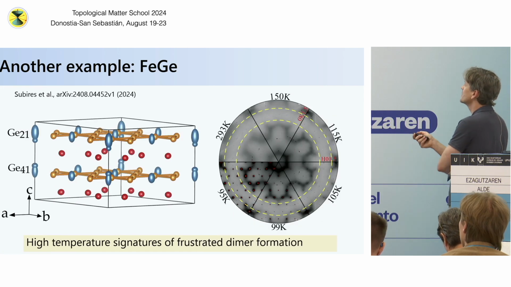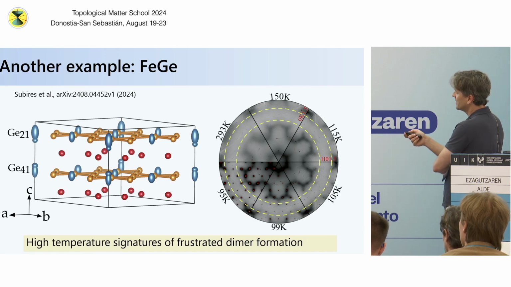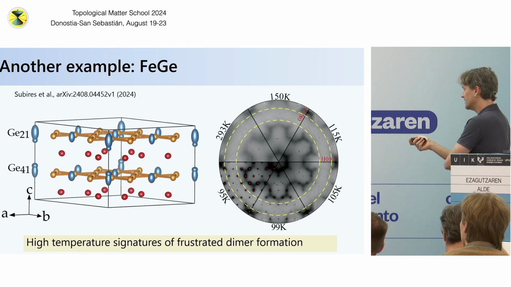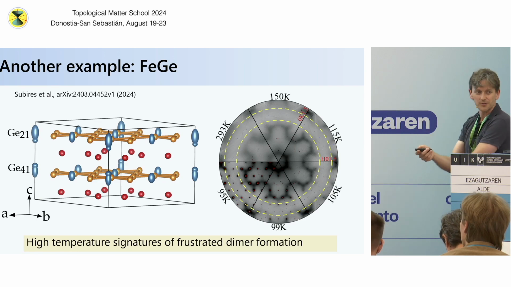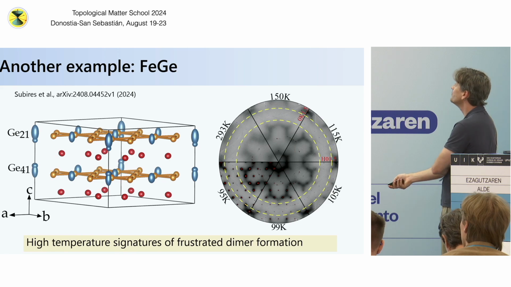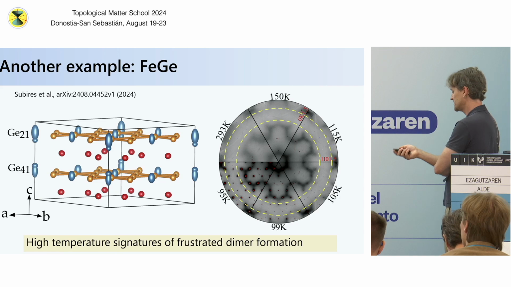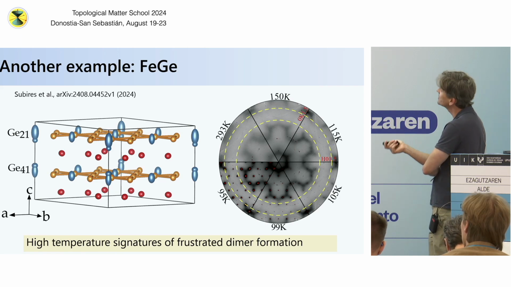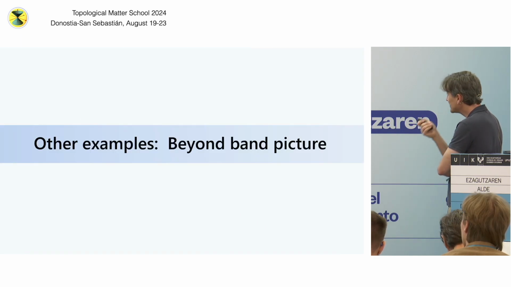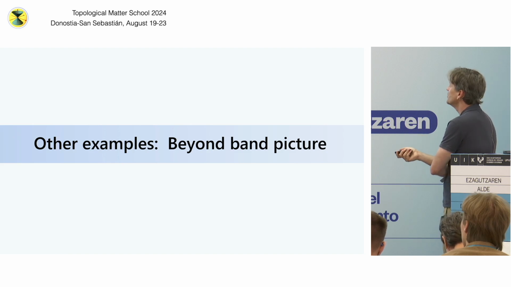And so this is other work by Santi, more recent work, showing basically if you just look at the thermal displacement of the germanium ions, even at high temperature, you can see that they're fluctuating and wanting to do this. And indeed, he also sees high temperature diffuse scattering, indicative of this frustration of charge order, of this chain-like instability. It's just an example. This is now more of a lattice-based versus electronic-based example of some unusual behavior you can get in these Kagome compounds. Okay. All right, so I want to show another example,